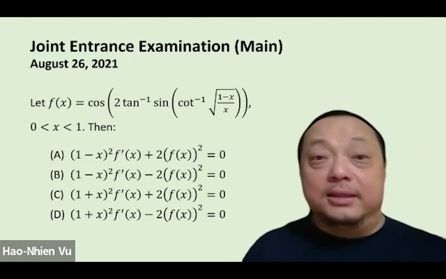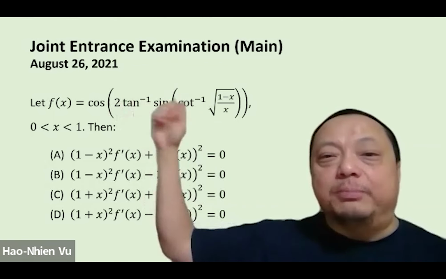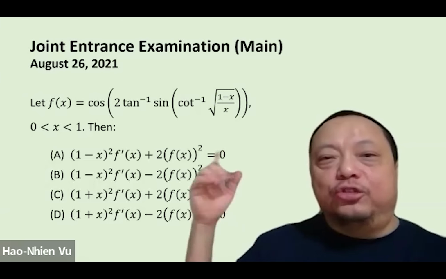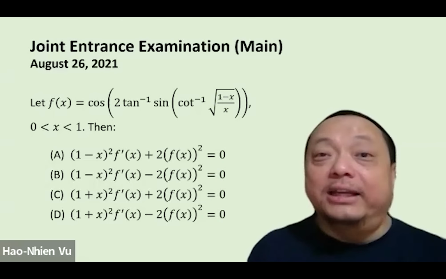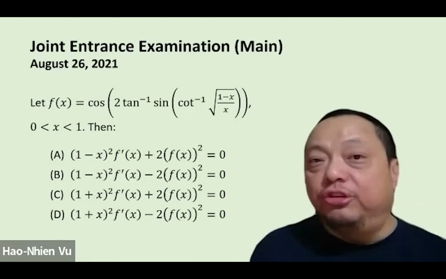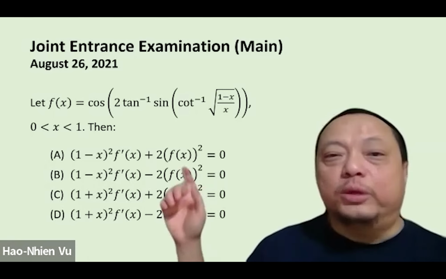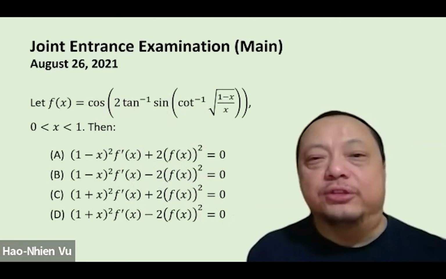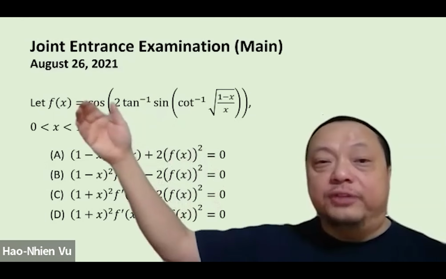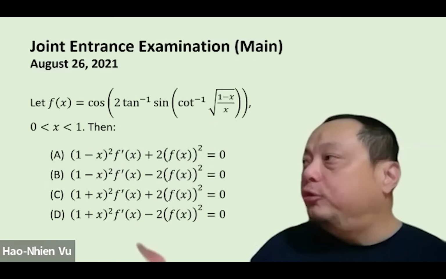Hi, in this video, I'll be solving this question from the joint entrance examination from India. In India, the joint entrance exam is a highly competitive examination used by the country's top engineering and science universities for admissions purposes. This question comes from the August 2021 administration. It involves a function f that has a whole bunch of trig and inverse trig, and four answer choices